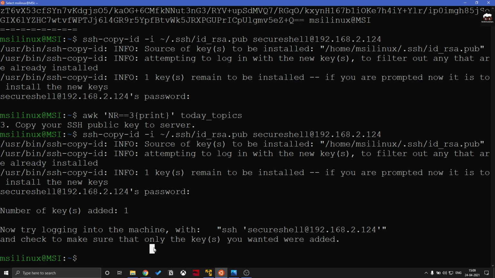Now if you want to log in to that server, you need to hit this particular command.